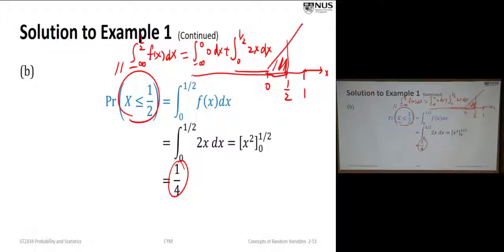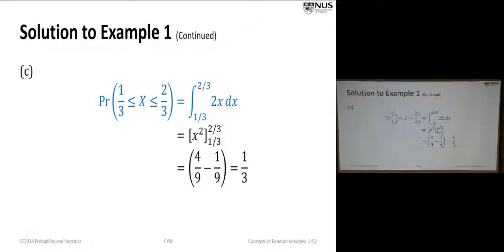Because the density tells us that when x is small, the density is equal to 2 times x. But that means as x gets bigger and bigger, the density keeps growing, 2 times x. So that's why the later part has a higher density. So x falling in the range close to 1 has a higher probability. Okay, then